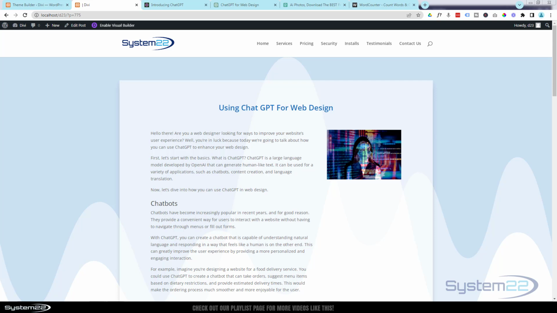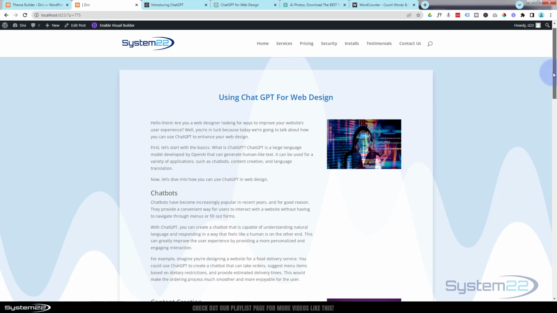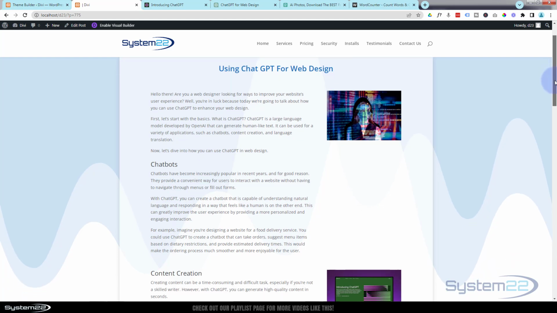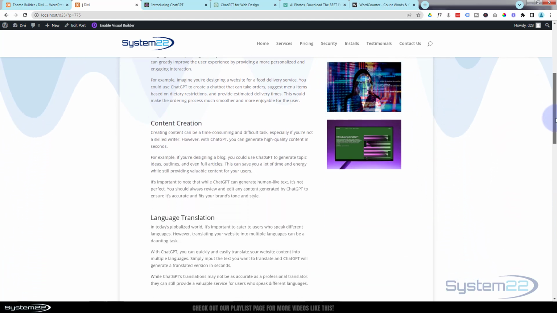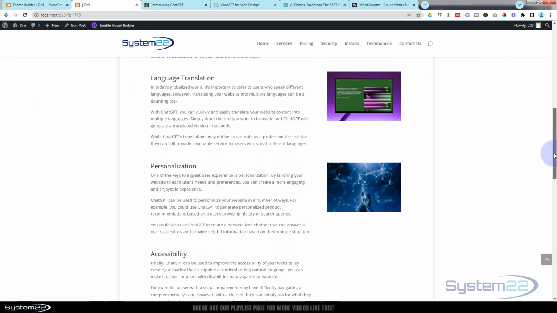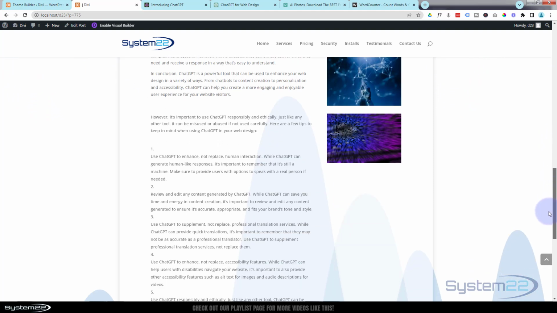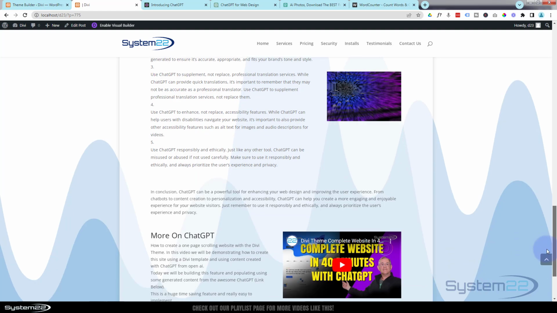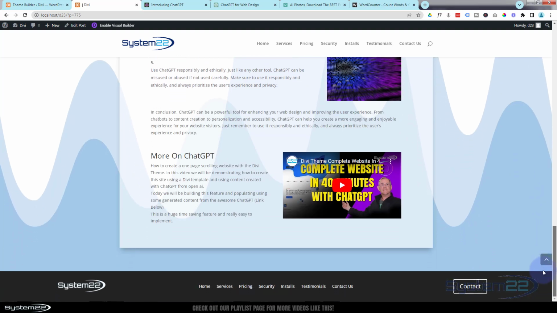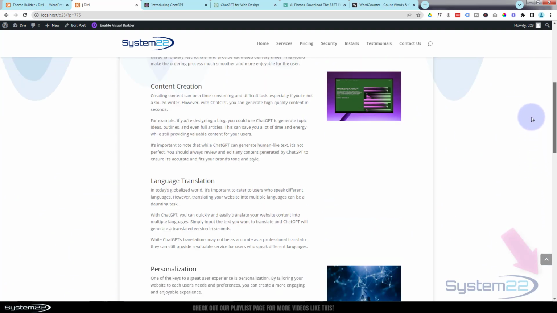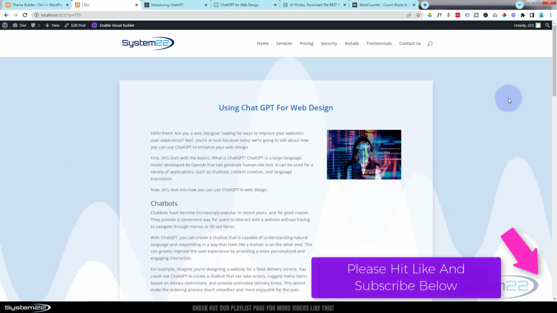Well, we've got another good one for you today. We're going to use ChatGPT to create this blog post right here. And it's a 1,000-word post on using ChatGPT for web design. And it's come up with some fantastic content. We'll also show you where to get the free stock photos. Really easy to do, and you can also add the keywords with it, and we'll do that at the end. Okay,